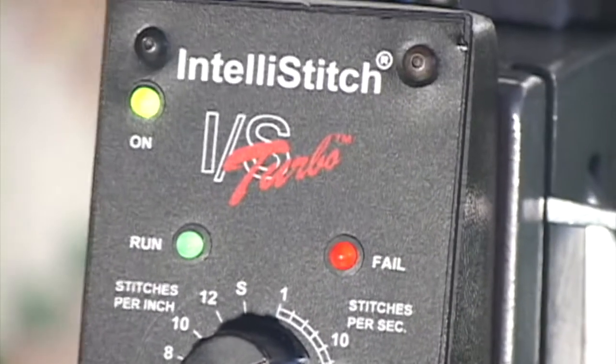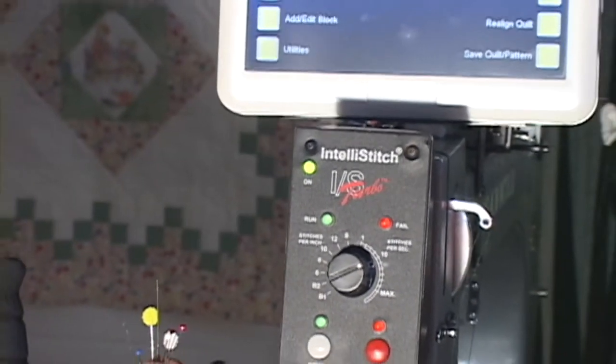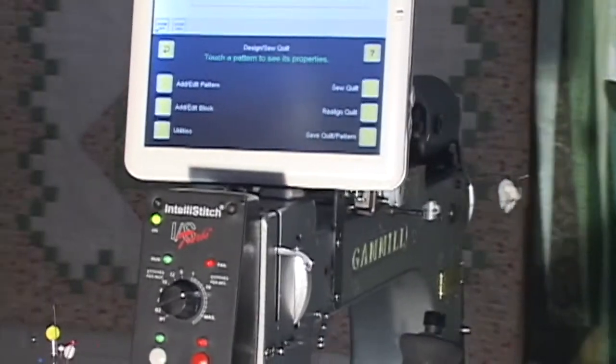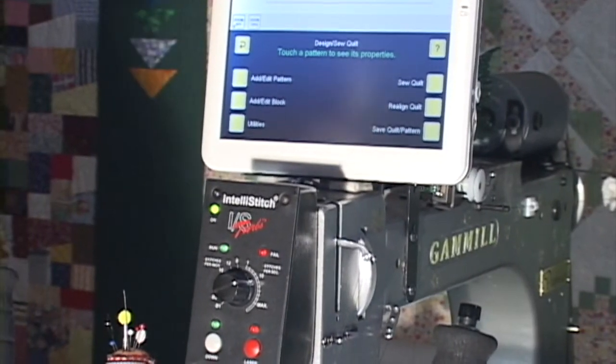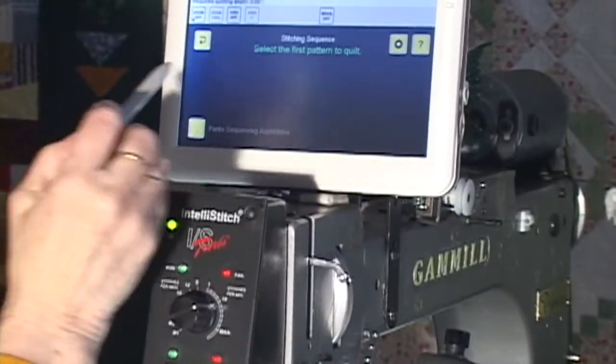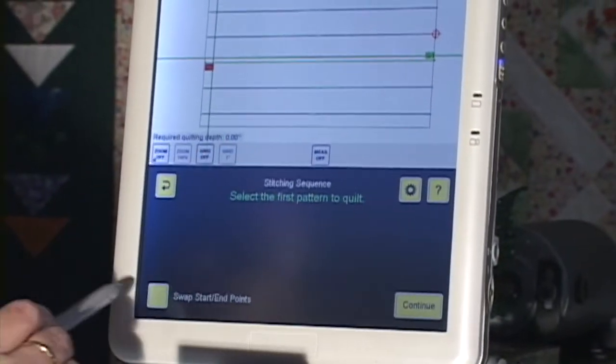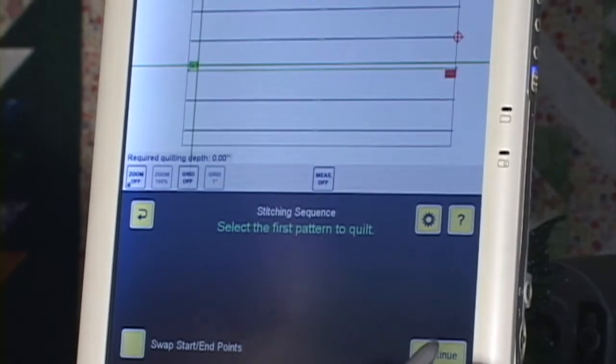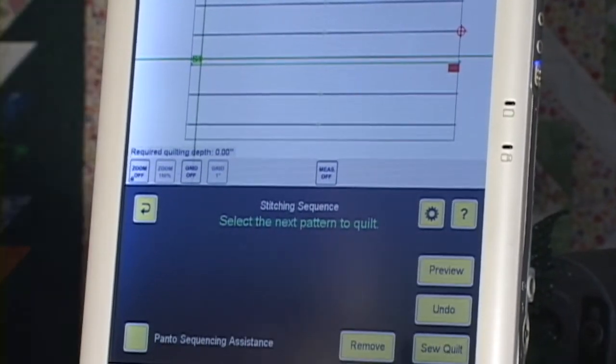Really big stitches, can you see that? Really big stitches. Yeah. Alright? So IQ's moving my machine faster, so I'm getting longer stitches. So in order to get shorter stitches, I need to slow down the speed settings on IQ. So we'll go sew quilt again, undo, select the next one to stitch, swap the start end point, continue, sew quilt,